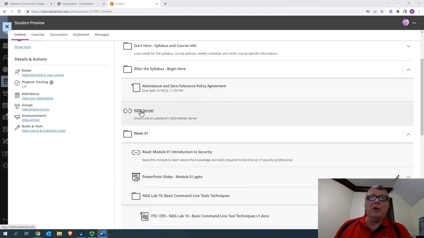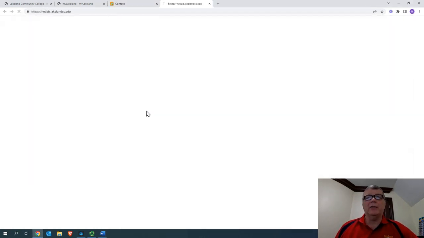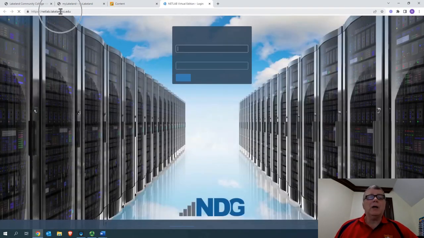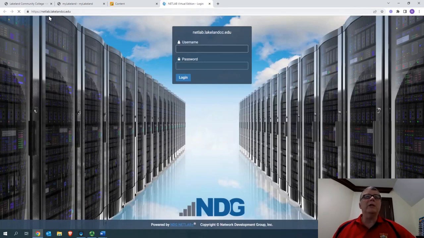One is you can use this direct link, and that's going to take you there. It'll open up another tab. Or if you wanted to, you can open up another tab yourself and then go to the NDG server. Now, I'll do it this way. And then if you look up here, you can see you can go to the NDG server, just